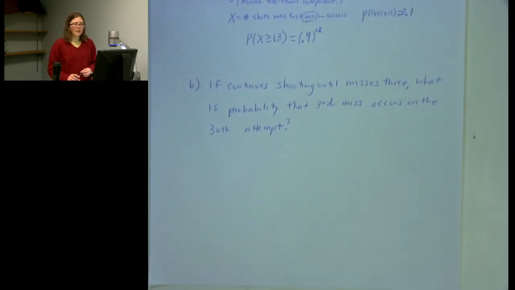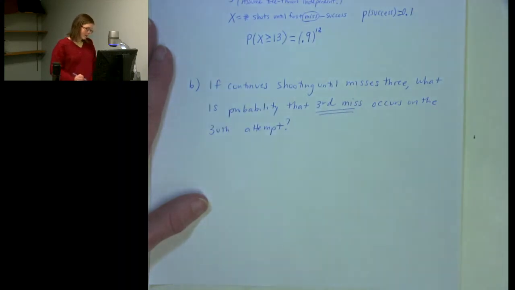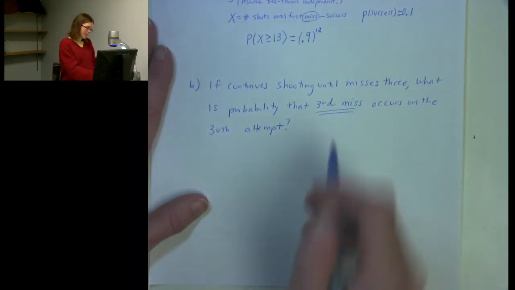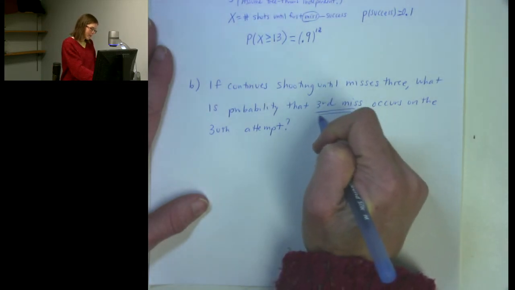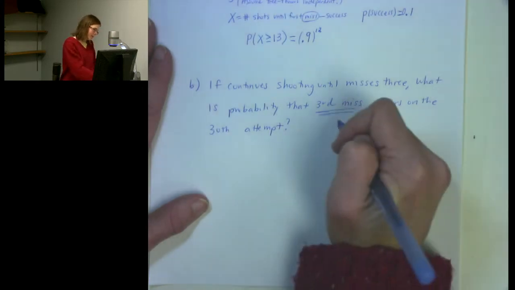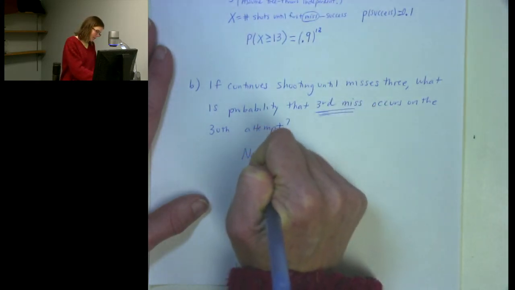Now for part B, if she's going to continue shooting until she misses 3 shots, we want to know the probability that the third miss occurs on the 30th attempt. When we're looking for a particular number of successes, and we're going to stop after we get to that point, then we think in terms of the negative binomial distribution,